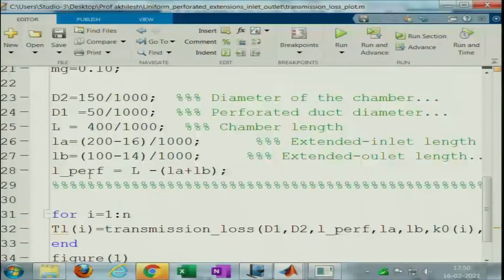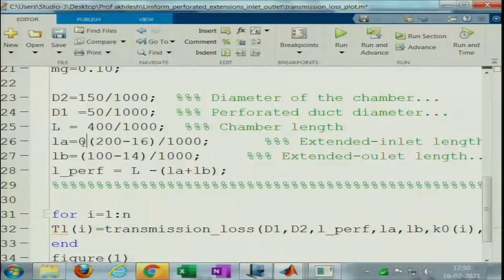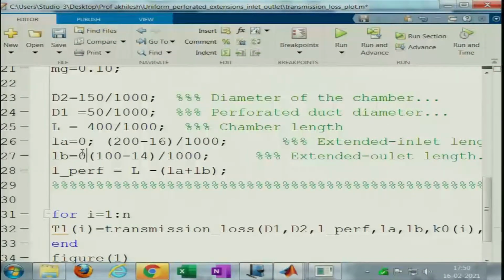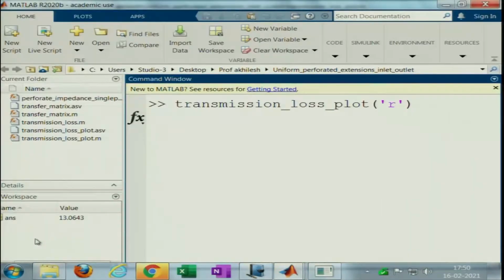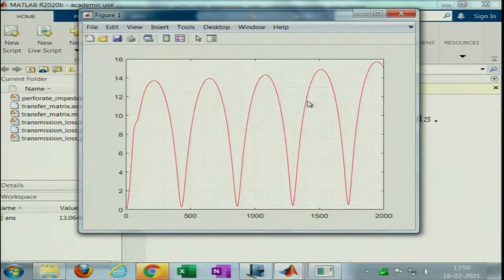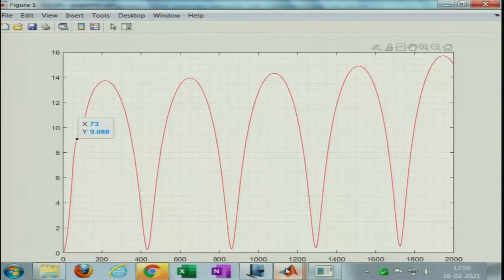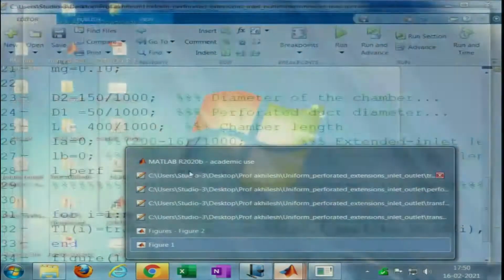So I will initially put 0 here and 0 here and see what happens. So we get this, we already started getting these kind of things that we are seeing here. Let me maximize the screen and I will do hold on,